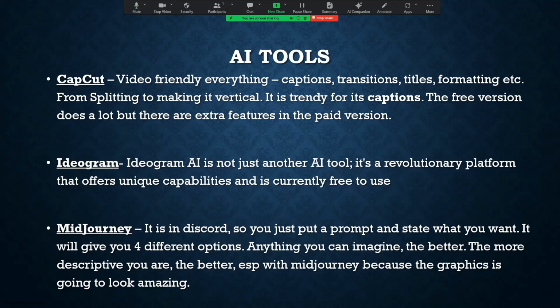Before I move on to Ideogram, another thing that I like about CapCut is that you also have the text to video feature. Recently, I had to do a promotional video, and that's one of the case studies that we'll be looking at towards the end of this class as well. You just put in ChatGPT what you want, it gives it to you, you copy and paste the text into CapCut, and the AI tool does all of the back end and then produces a full-on video